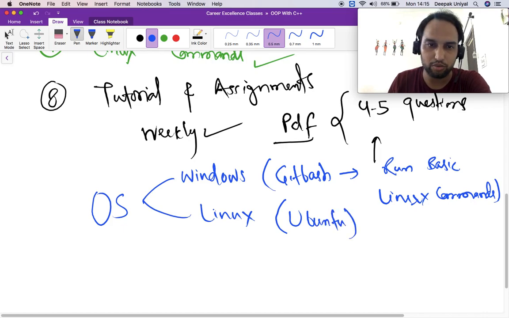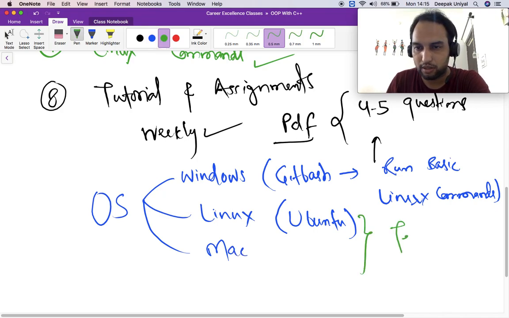You can install Ubuntu or you can install Mac, and the terminal is available in both of them. But if you want to install Windows, or if you have Windows, you can install Git Bash.